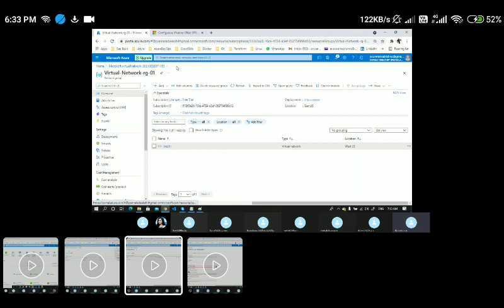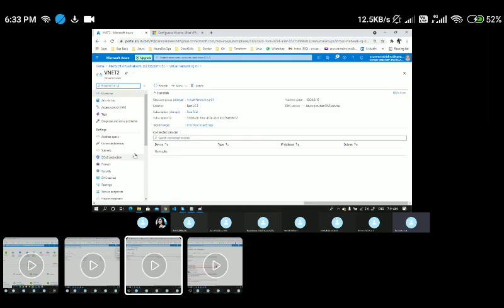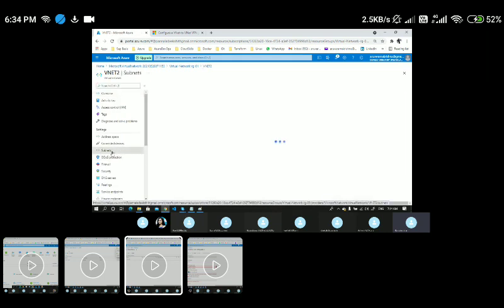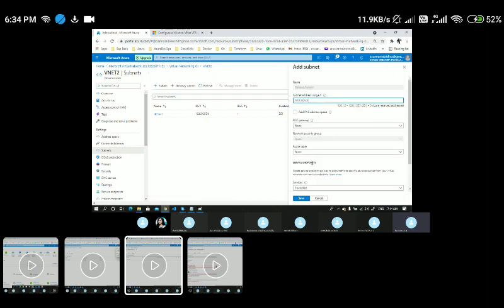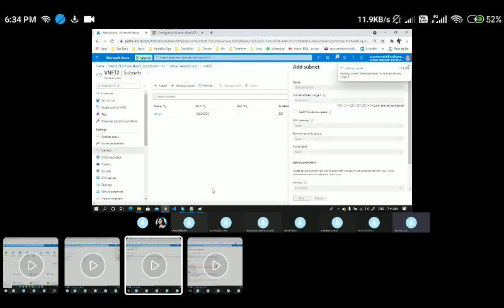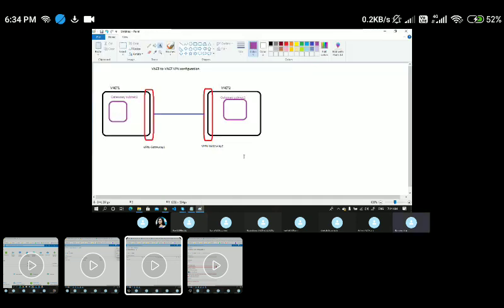And let me come back to the resource group here, and I'll go back to the virtual network too. And here also I'll be navigating to the subnets, and within the subnets I'll be creating a gateway subnet here as well. And let me click on save. So if you see here, I'm done with creating the VNets and subnets, both VNet 1 and VNet 2. Done. So now I have to create the VPN gateways.